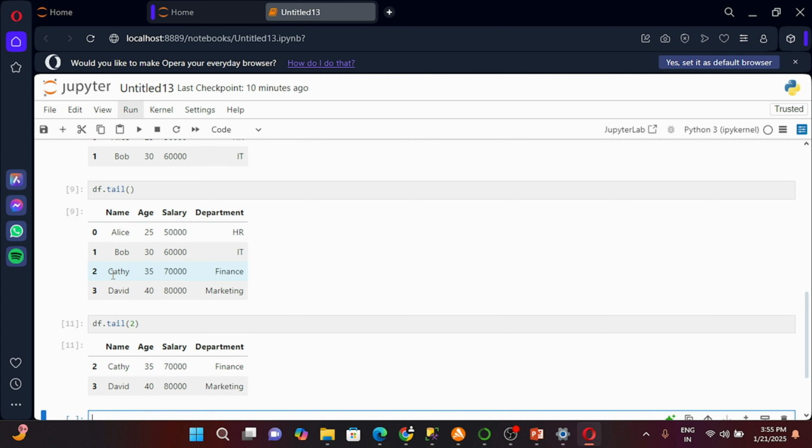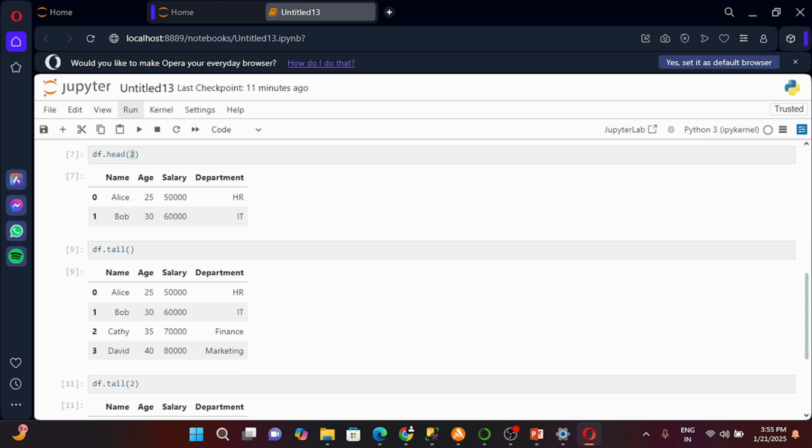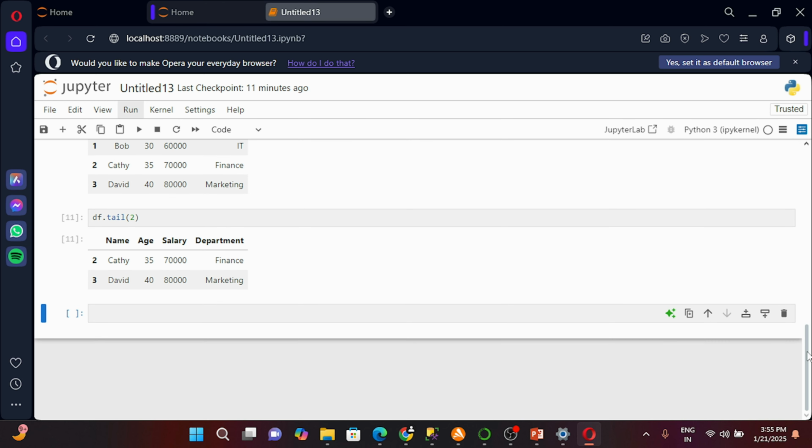As you can see, it has given Kathy and David because these are the last 2 rows. I hope the scenario is clear, right? So df.tail displays the last 5 rows of the data frame, or fewer if the data frame has less than 5 rows, right? I hope the df.head and tail methods are clear.